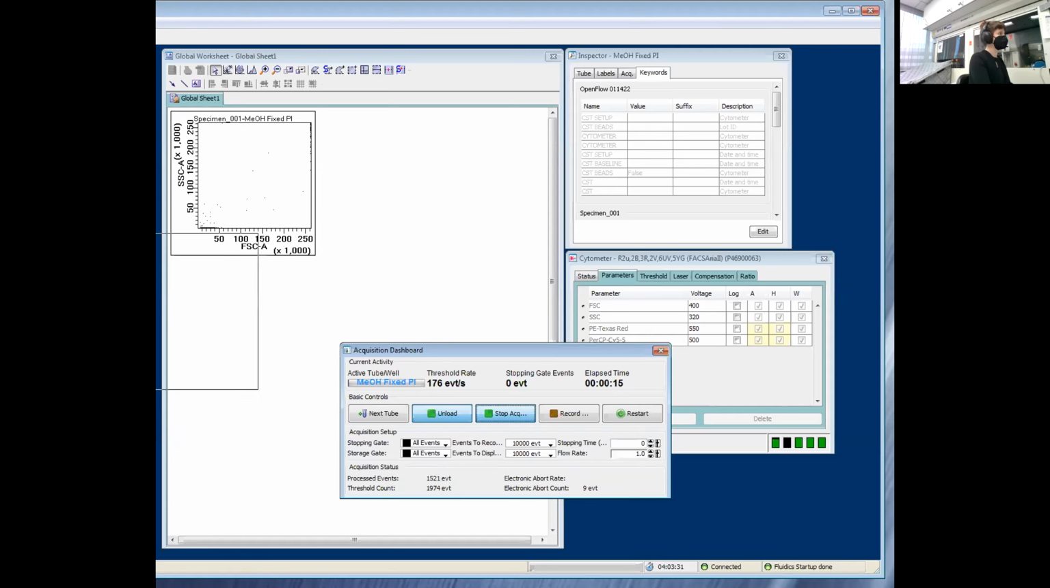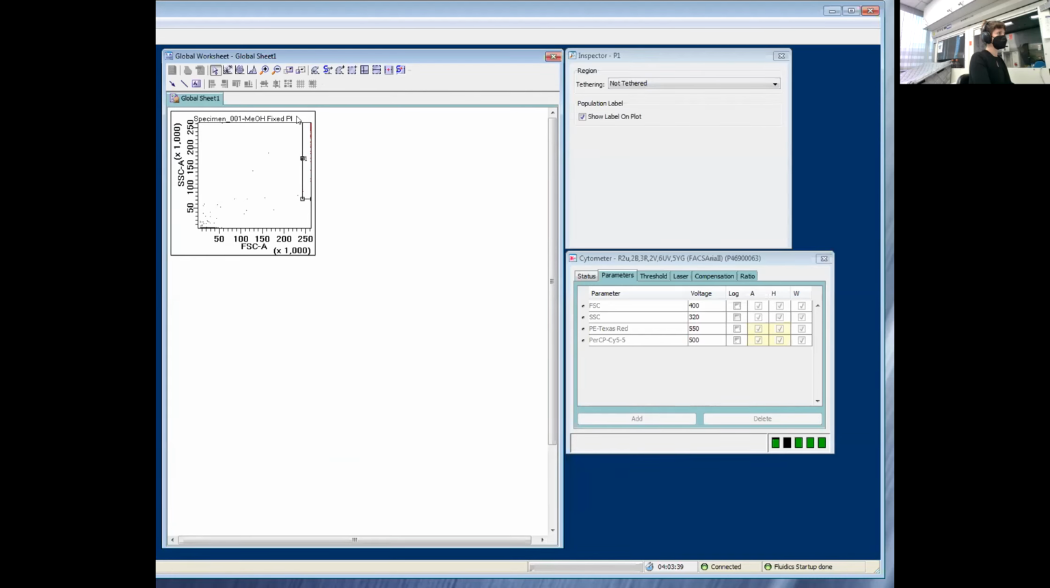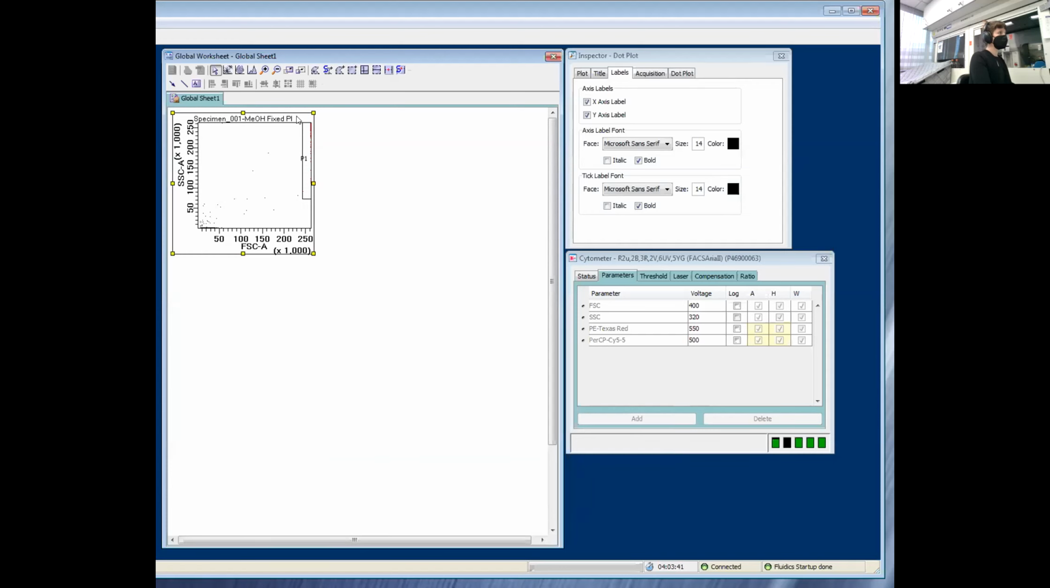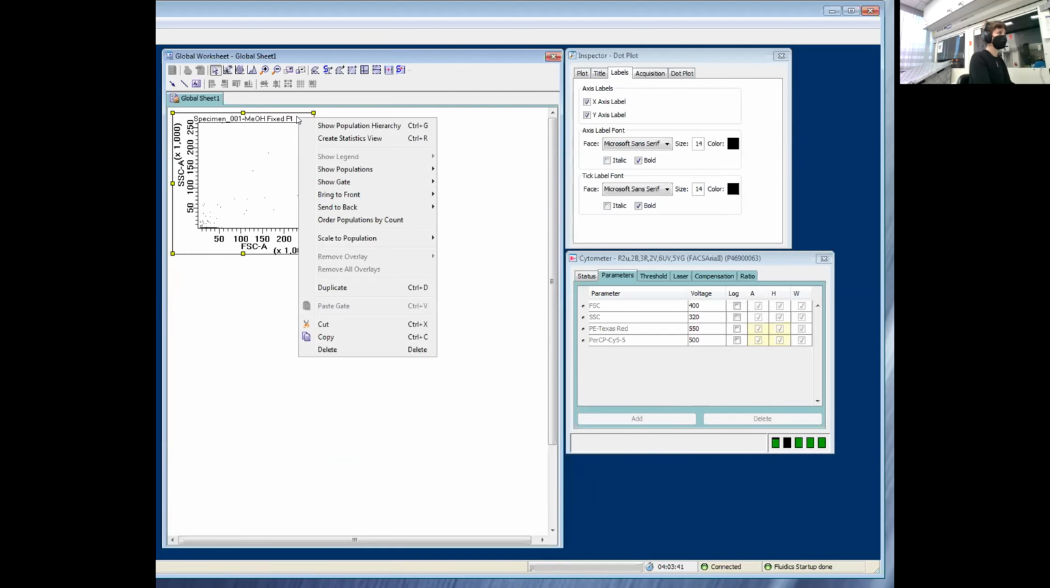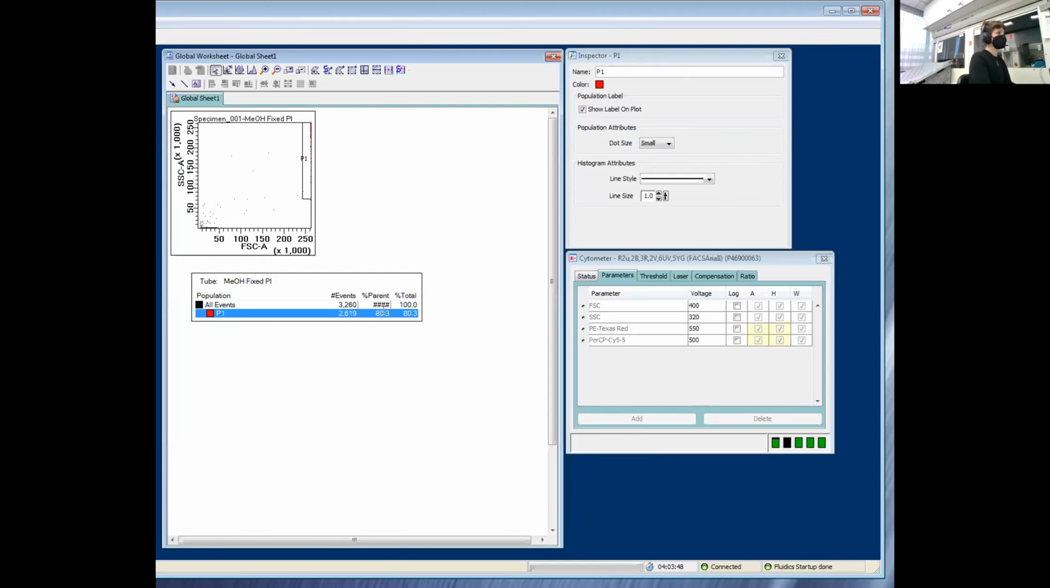but I don't see much of anything right here in the scatter plot. So we've gone over this before, but a little trick that I like to teach people is if you create a gate and bring it against the axis, and then you click on the plot itself, right click and show population hierarchy, you get an idea of where your cells are. So 80% of your events are falling within this gate. That tells me the side or the forward scatter is too high at a very minimum,